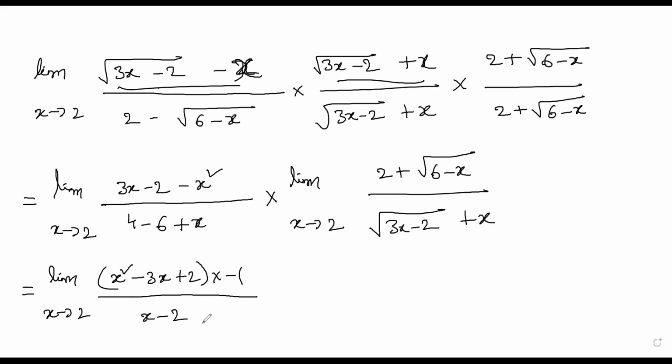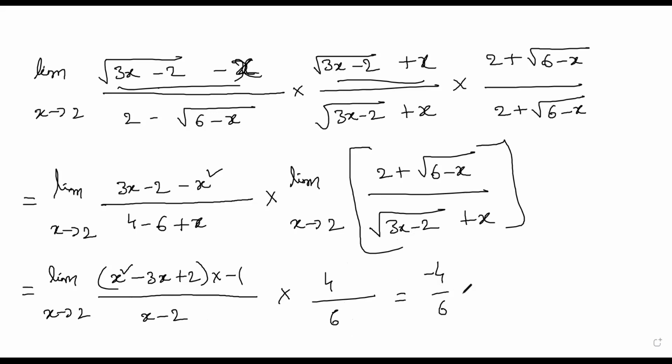Now split this quadratic and then substitute 2 here. So what you get is 2 plus 2 on the top, that is 4. Here that is 4 plus 2, that is 6. This is what you get from applying this limit. This one you can straight away apply 2 here, so you get 4 by 6. And now let's bring the minus 4 by 6 out.